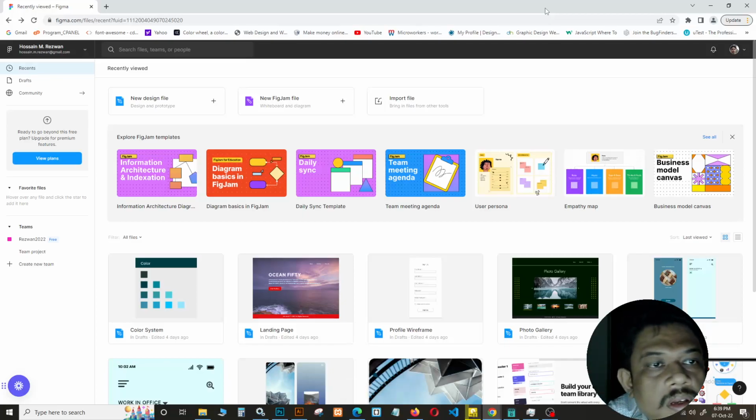I'm Ridwan. I will make some icons and transform those into assets and components today. Let's open the new design file here,